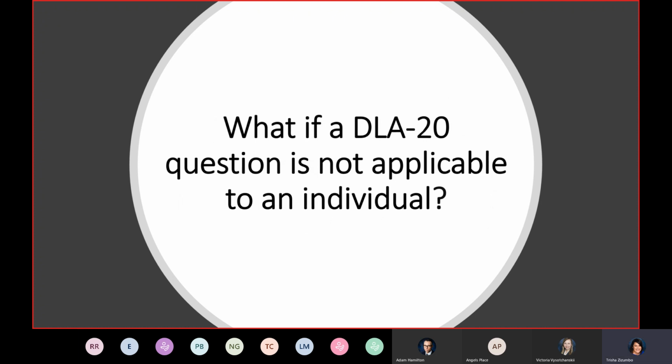Okay. The next question is, what if the DLA 20 question is not applicable to an individual? We truly wish this was the case. We can all agree that individuals are not their diagnosis or their presenting functional disability, and that even with the same diagnosis and the same disability, individuals can present with very, very different needs. What we have found by reviewing the incident reports, hospital reports, police reports, sentinel events, death reviews, and listening to